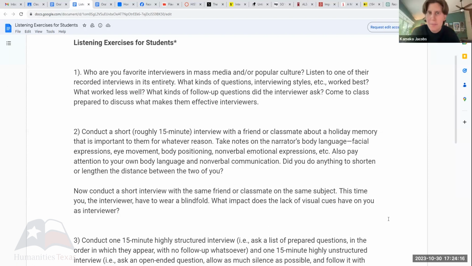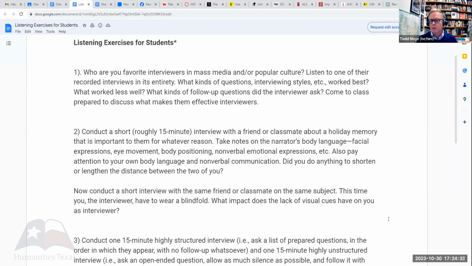Yes, that should be about 5 per group. 5 teachers per group. Why don't we do this? I'm going to ask each of you, in your small group, to have a conversation around the first listening